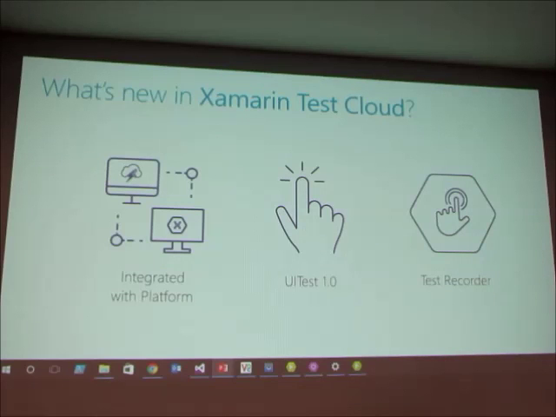And which license includes it? With Xamarin Test Cloud, it's a separate subscription. Yes. When you get the Xamarin platform, you get 60 device hours a month, no matter what. So when you have a Xamarin subscription, you can use up to 60 hours, and you're not going to use a lot. I mean, if you're